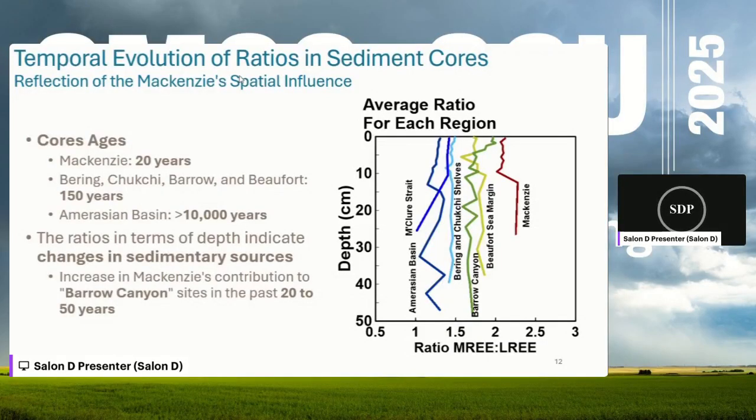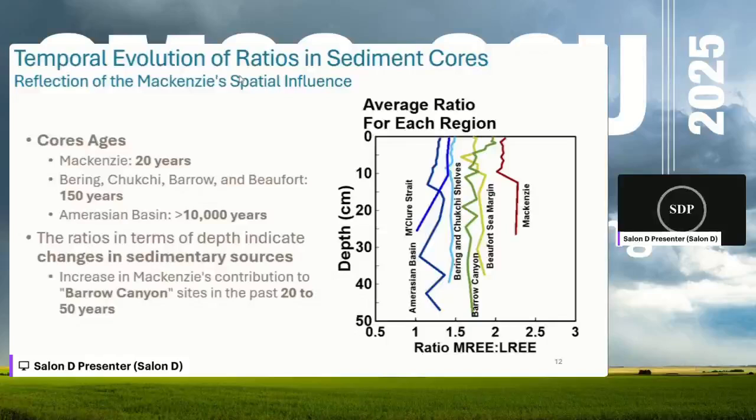And for the Mackenzie region, it's a bit younger since there's a lot of sedimentation. And for the Amerasian Basin, we're talking about 10,000 years since the sedimentation rate is really, really low. So overall, if we're talking about the Barrow Canyon, we can see that in